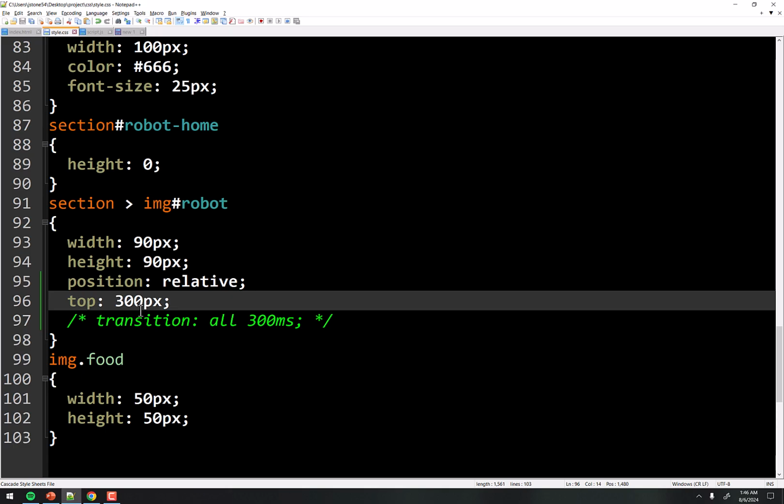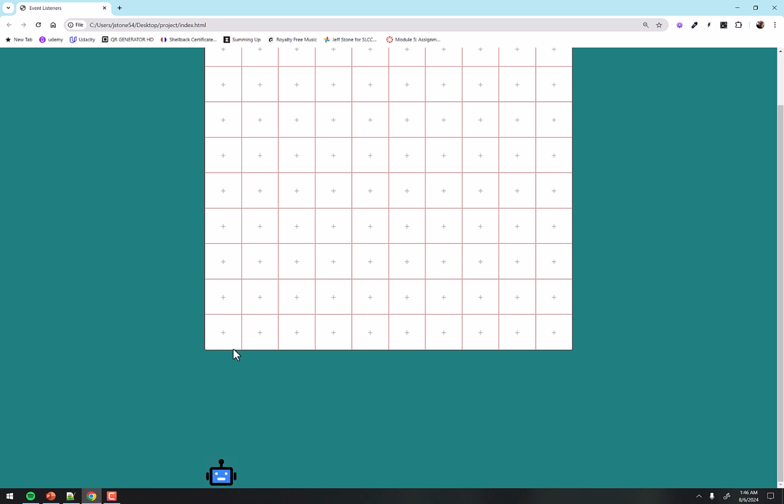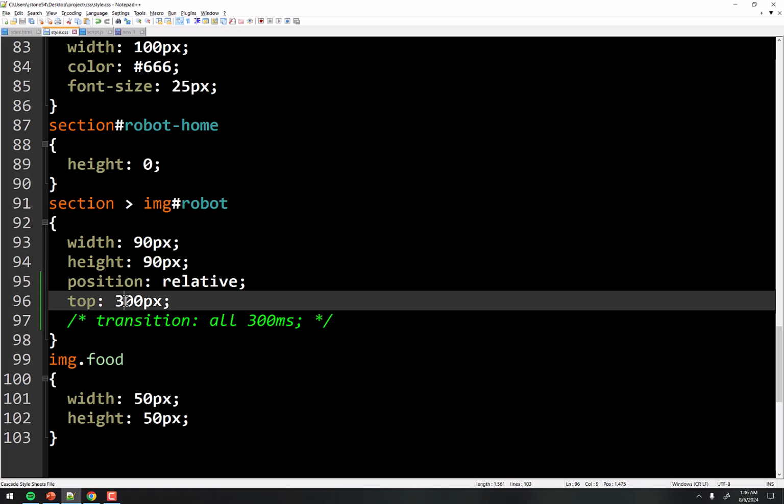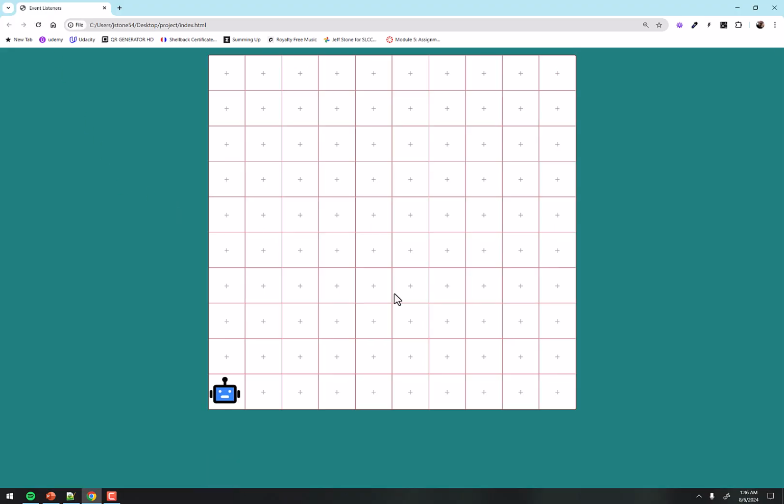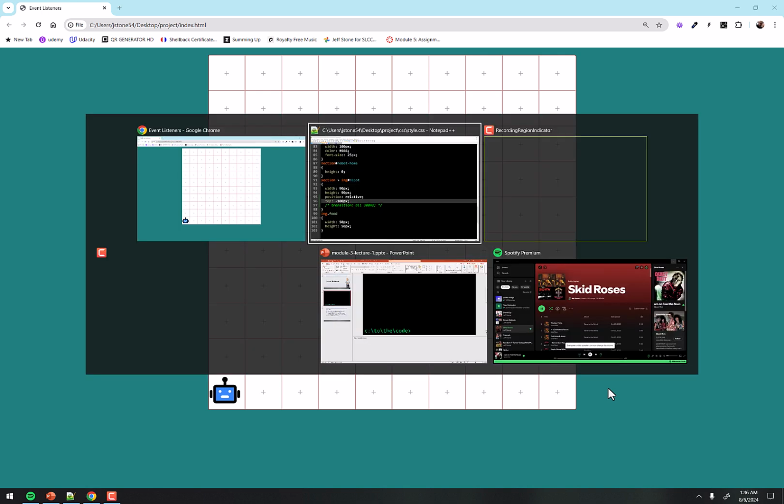Okay. Well, I happen to know that getting him here is negative 100 pixels from where he is supposed to be normally. If I refresh, there he is. That's exactly where I want him. But we're not going to do it that simply. It's going to be simple, but it's going to be a way that we have much more control over things. So take a look at this.